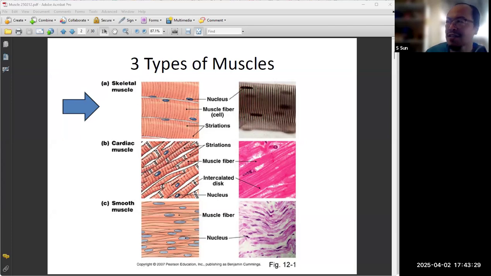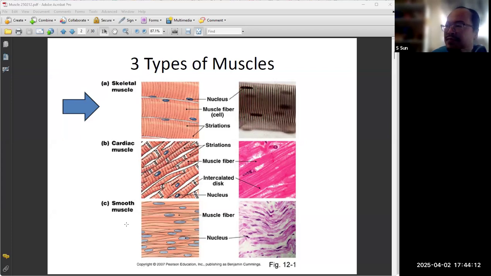nuclei. Another thing you can find is that these nuclei do not stay in the middle of the cell. They stay in the peripheral area of the cell. The muscle cell puts every space it has toward generating muscle movement. Because the space is limited, everything else gets pushed to the border. So that's three unique things. We will focus on this one first, then we will also spend time to talk about cardiac muscle and the